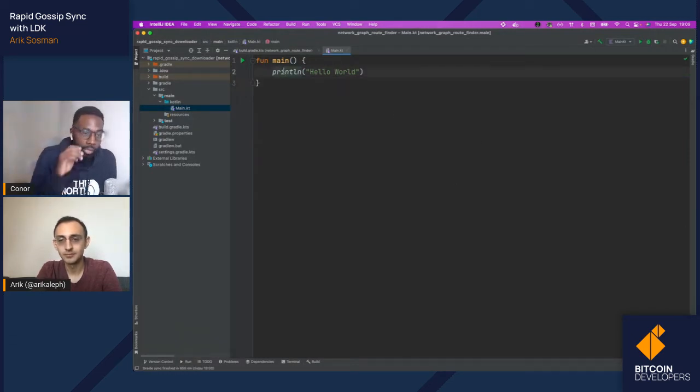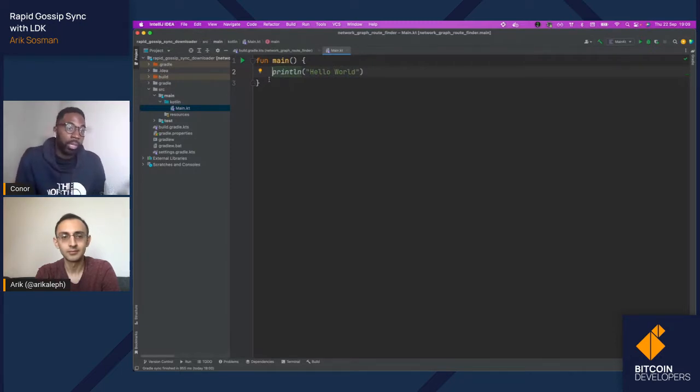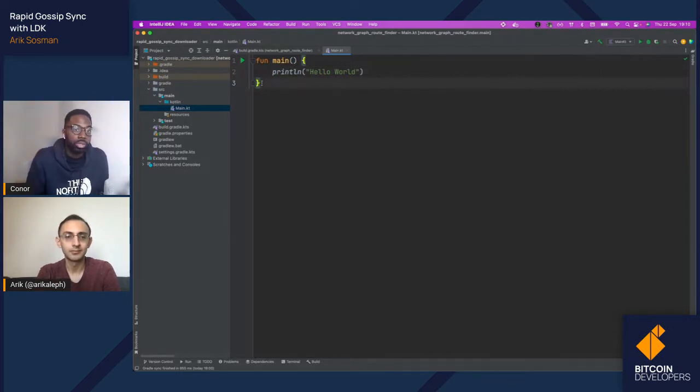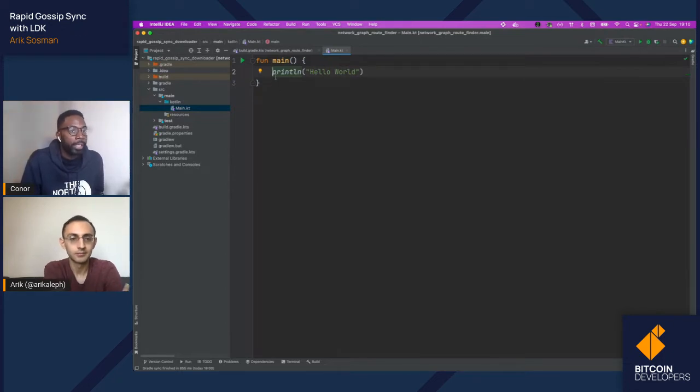Like Eric said, we're going to be using Kotlin in the JVM environment for this, but the same applies if you're building an Android application and you want to use Kotlin, or on the Swift side, LDK does support Swift as well, so you can use Swift if you're building iOS applications, as this is targeted to mobile clients. Cool. So what do we want to do first? I guess we want to link the bindings.